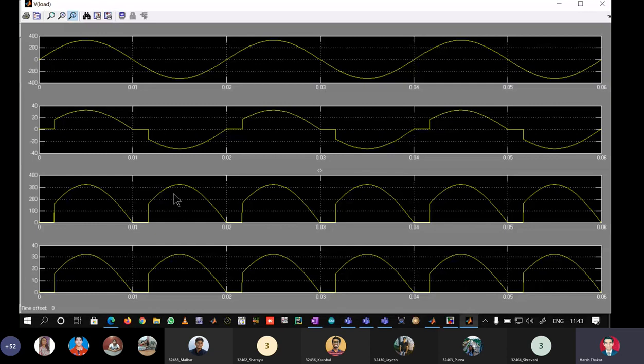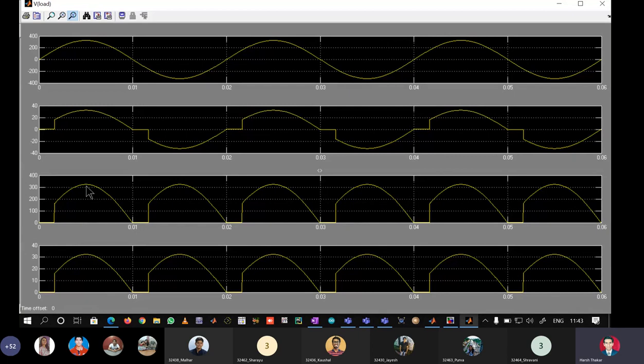Okay, so we are seeing here that the firing angle has reduced from 90 degrees to 30 degrees. Okay, now student, just observe the third and the fourth waveforms from the top. The third waveform is load voltage and the fourth waveform is load current, and we are seeing here that the load voltage is peaking, attaining a value of 325.27 volts at 5 milliseconds or pi by 2 radians. Similarly, the load current is peaking with a value of 32.57 amperes again at omega t equal to pi by 2.